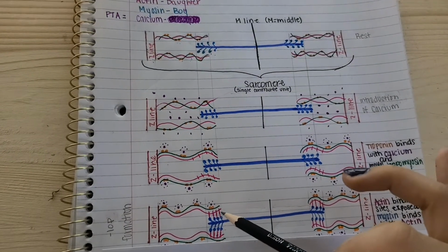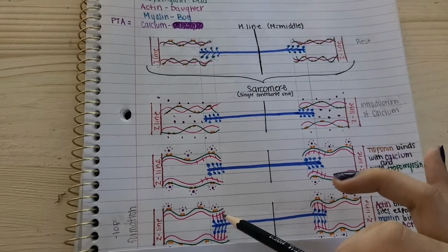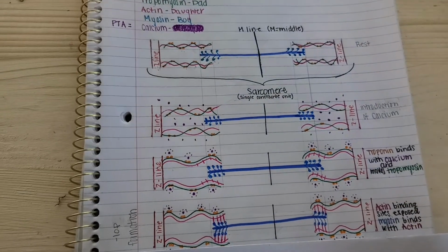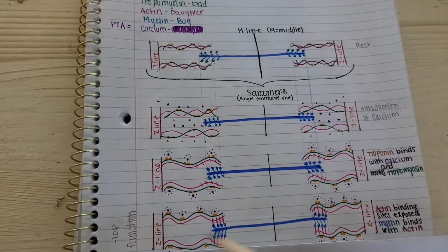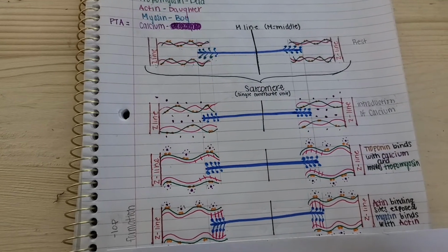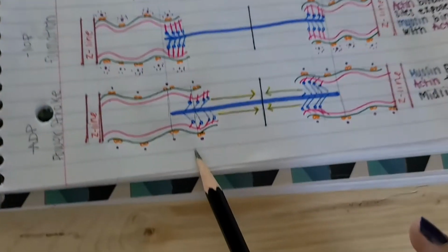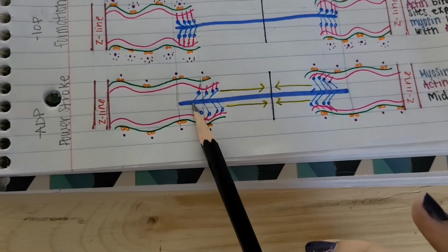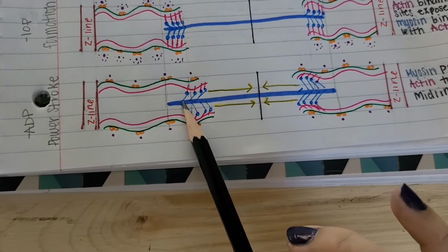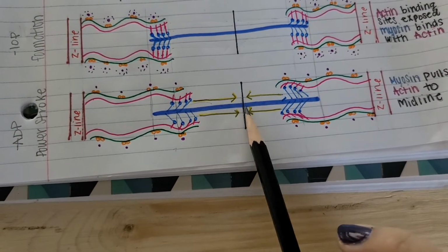But now that myosin and actin bind, myosin lets go of the inorganic phosphate and has a very strong grip with actin. Now, once myosin is attached to actin, it pulls the actin filament in towards the midline,